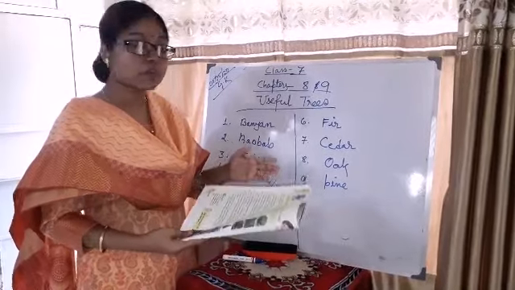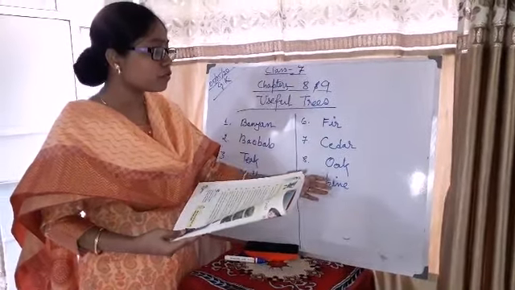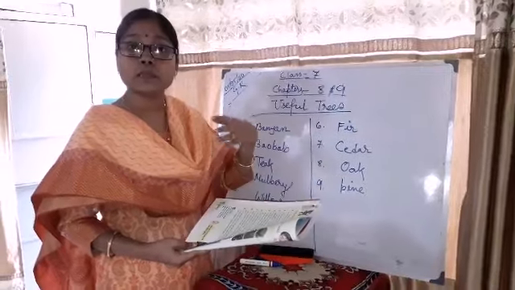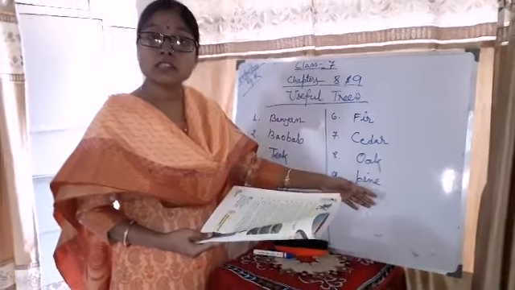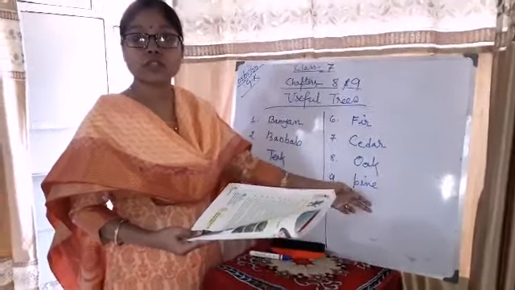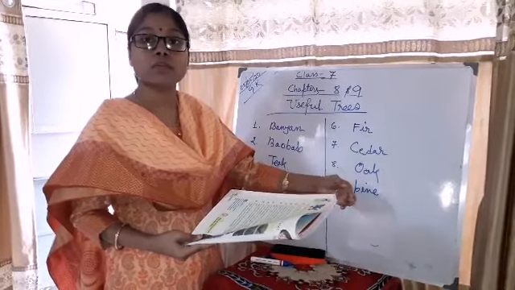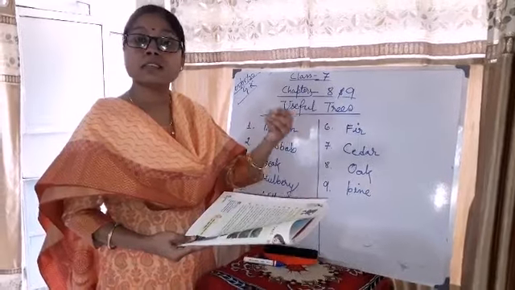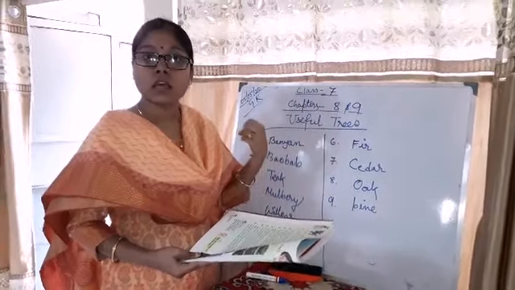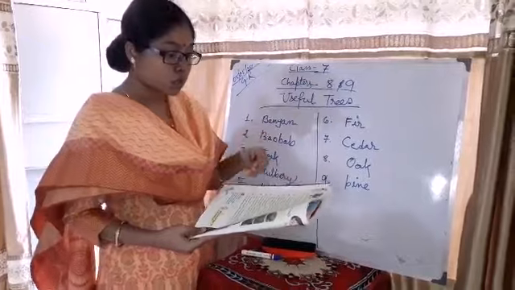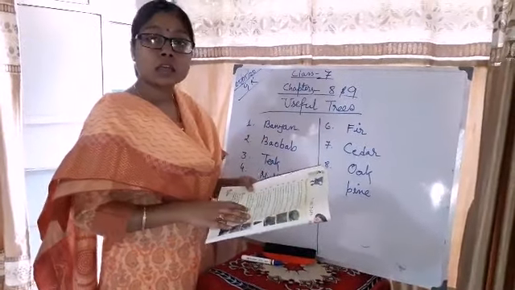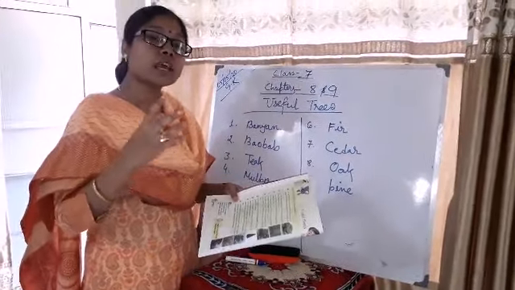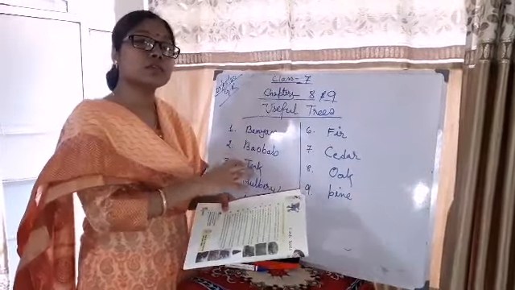Clear? So a question may come like from which tree we are getting resins, and for what purpose resins are used. Then two questions you can get from here. Answer 1 will be pine and answer 2 will be paints, varnishes and glues we are making with this resin. Clear? So just read this and try to find out which type of question can come from this.